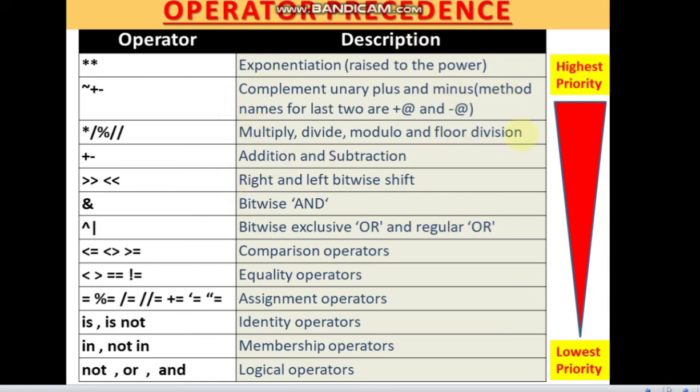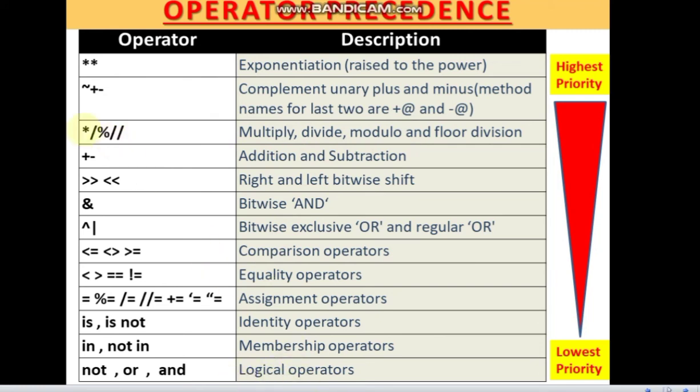Now you have to remember the priority-wise use of the operators, as you have learnt in maths also, the BODMAS rule, where you use brackets first and then of, then division, multiplication, addition, subtraction. In the same way you have a priority list, but there are a few exceptions also. Here exponentiation has a higher priority, then multiply, divide, modulo, floor division, and then you have addition, subtraction, and it goes on like this. And at the last you have logical operators.